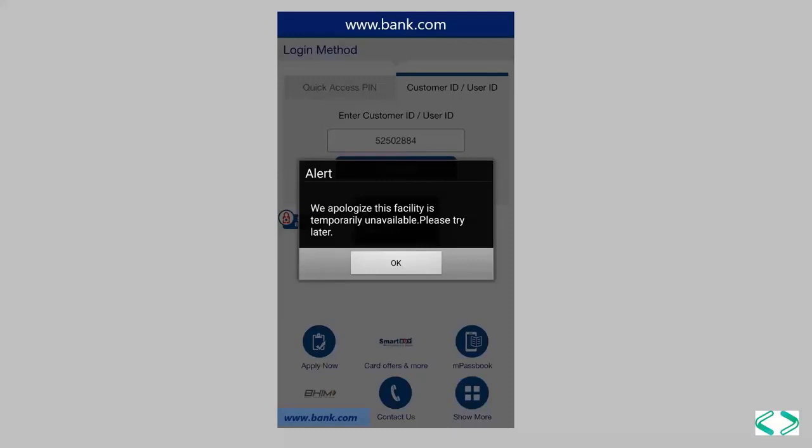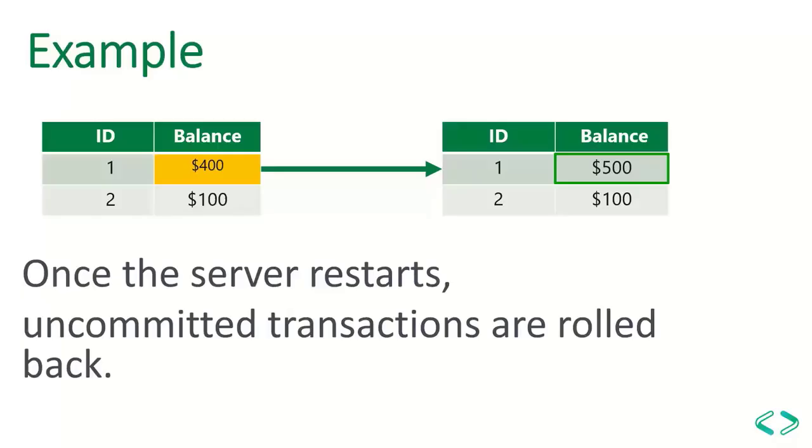Now, just think what should happen for this transaction if it should ensure the ACID properties. Let's see what will happen once they restart the SQL Server. Once the SQL Server restarted, that uncommitted transaction is completely rolled back, making the data consistent. Now, this transaction is ensuring the ACID properties. How? Atomicity is ensured by rolling back the entire transaction. The consistency is ensured by reflecting the $500 in my balance, which is the initial amount before starting the transaction.